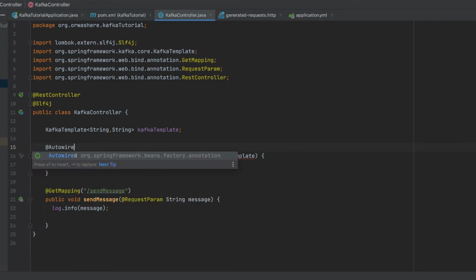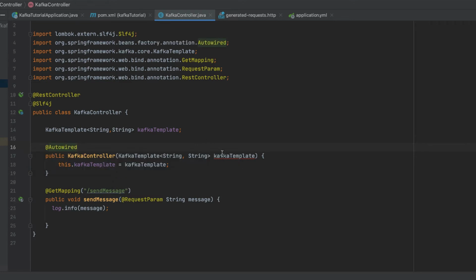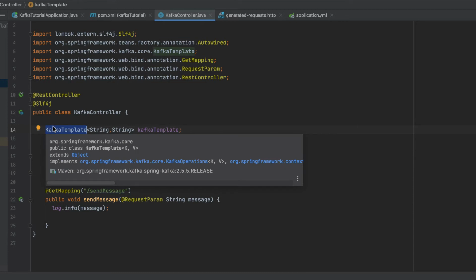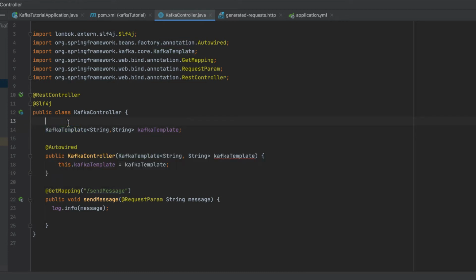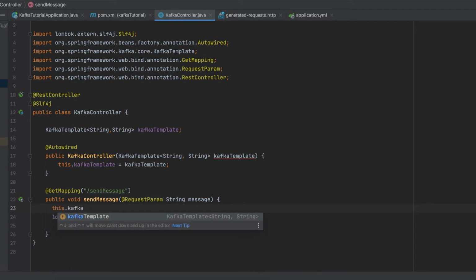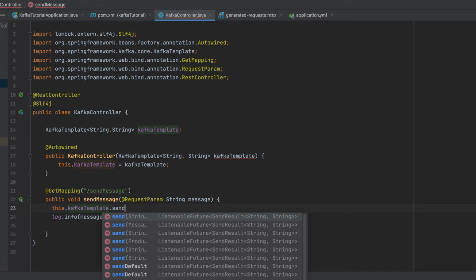say we want to auto-wire our Kafka template. So the Kafka template bean is auto-created for you by Spring Boot. And we are just auto-wiring that bean into our Kafka controller class, so we can start sending messages to Kafka. And let's go and do a quick test with that. So I want to send a message, and